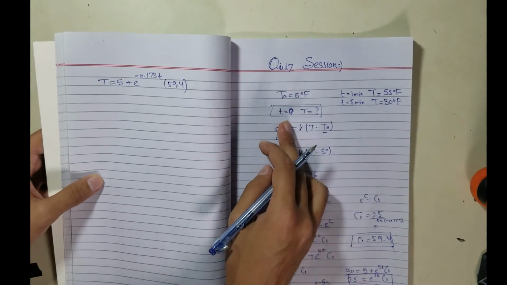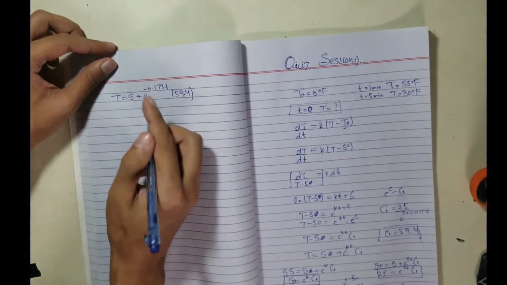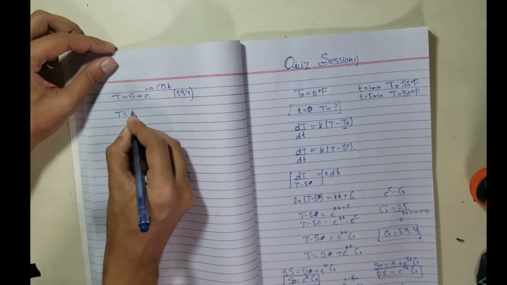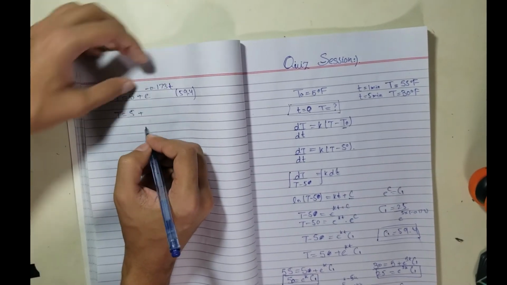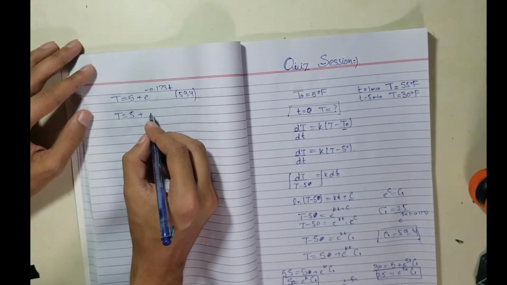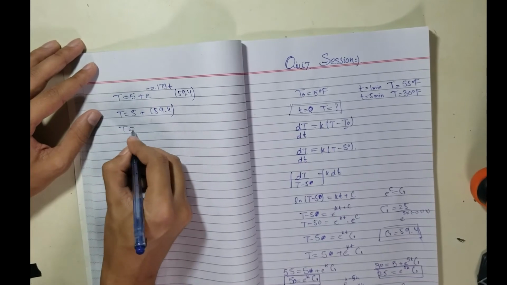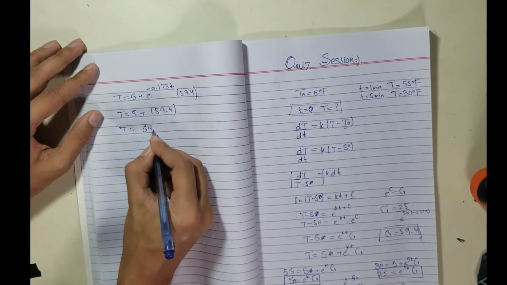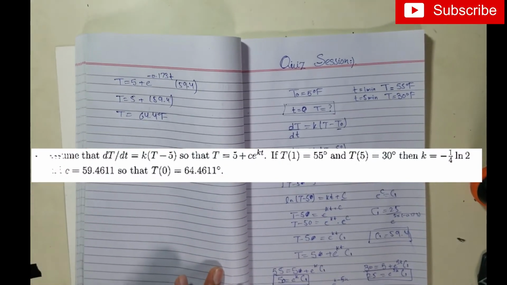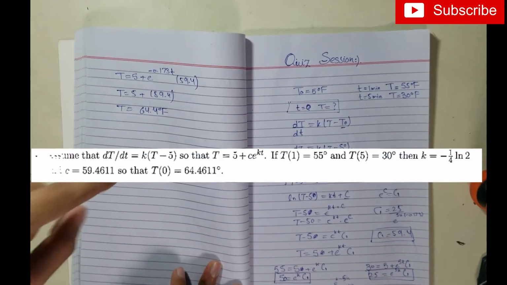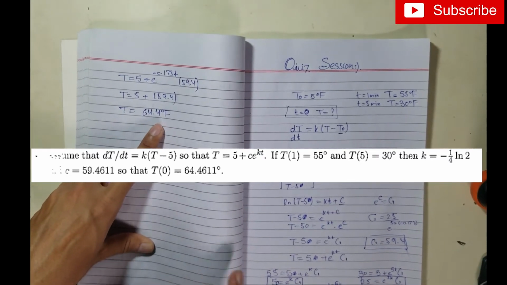So putting time t is equal to 0, we can find our required answer. So we need to find the temperature. So 5 plus, putting t is equal to 0, the whole expression will become 1. So 59.4. So our temperature is 64.4 Fahrenheit. So when we remove our device from the inside of the room, then at that point the temperature of the room is 64.4 Fahrenheit.